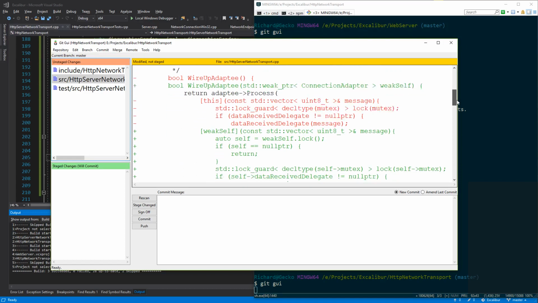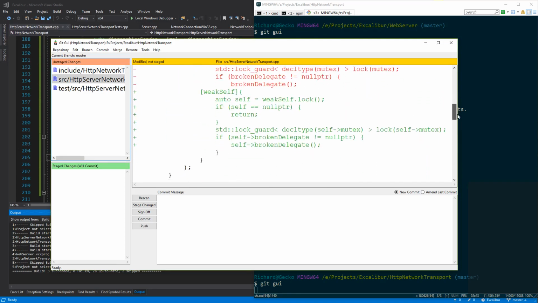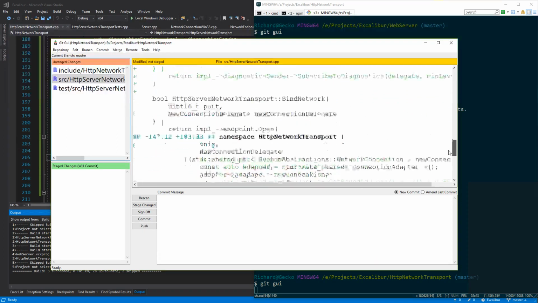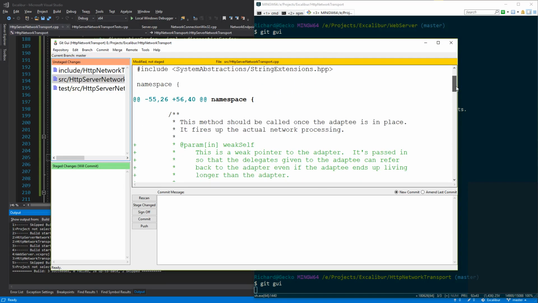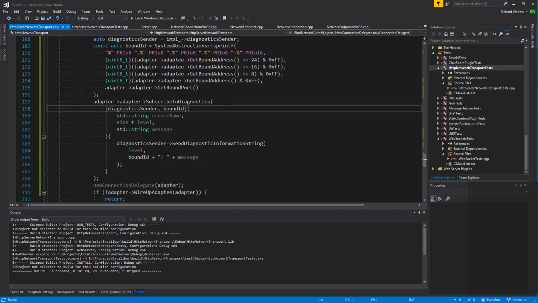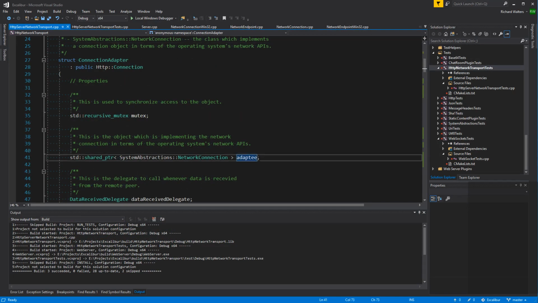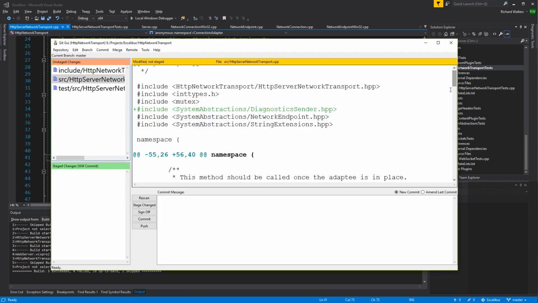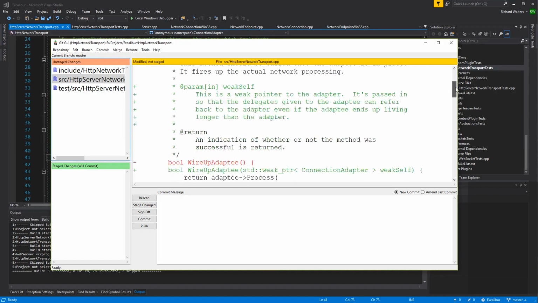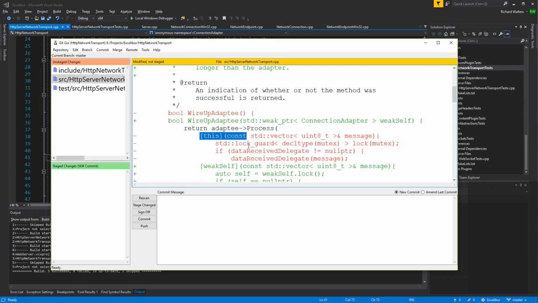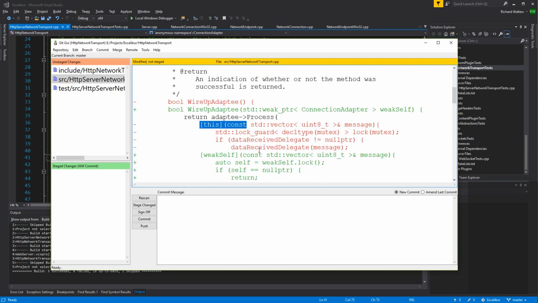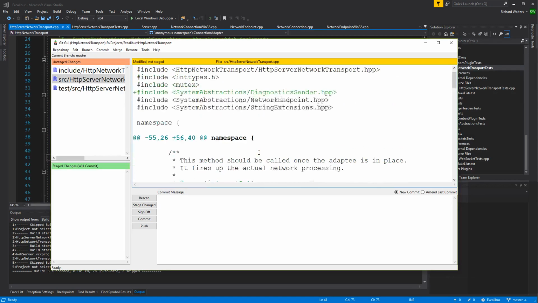We have to use a weak pointer because the adaptee can now live longer than the adapter, simply because we want to share. Hold on, was that always a bug? Was adaptee always a shared pointer? I think it was, so that was a bug. We just happened to be able to get away with it before. It was a bug to use this because it's going to access things that are in the adapter from the adaptee, and the adaptee might live longer.